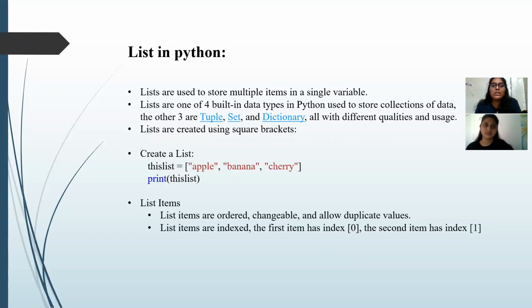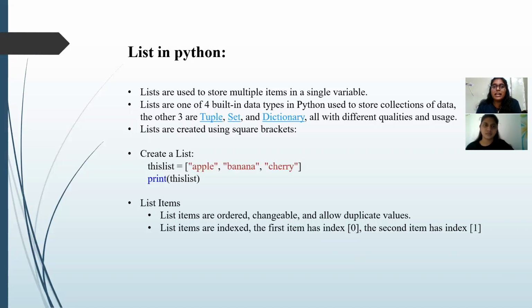First, let me explain a few points about list. List is used to store multiple items in a single variable. Lists are ordered. List can contain any arbitrary objects. List elements can be accessed by their index. Lists are mutable. Lists are dynamic. List can be defined with square brackets and separated by commas.